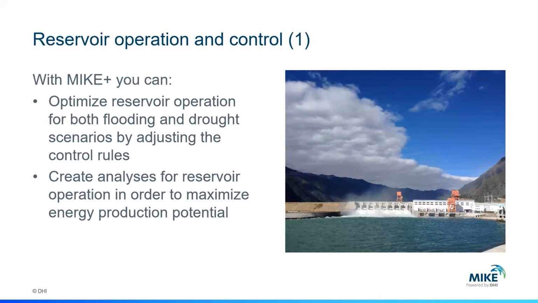So we can think about a scenario where the water level reaches a certain threshold, then the spillway or the gate could be opened by 50 centimeters. So this is one example of the kind of control rule we can define in Mike Plus. Mike Plus offers a large variety of control rules and actions which allow for different types of studies to be